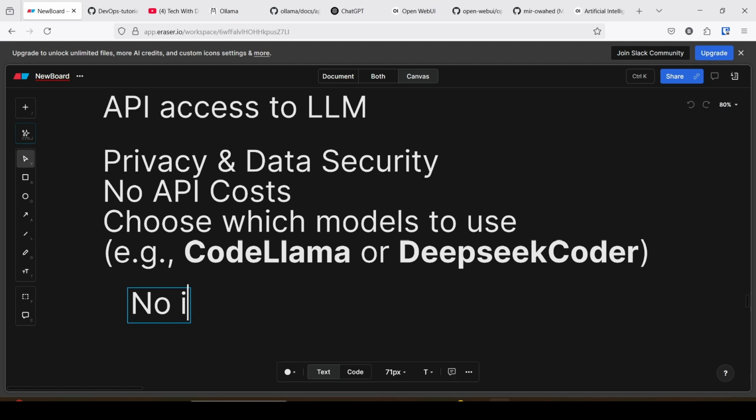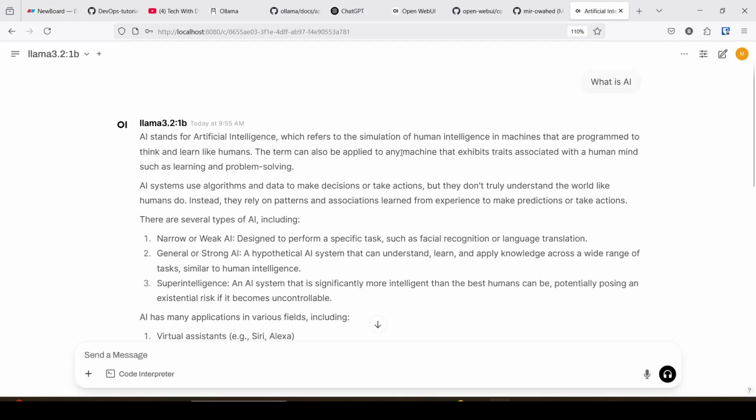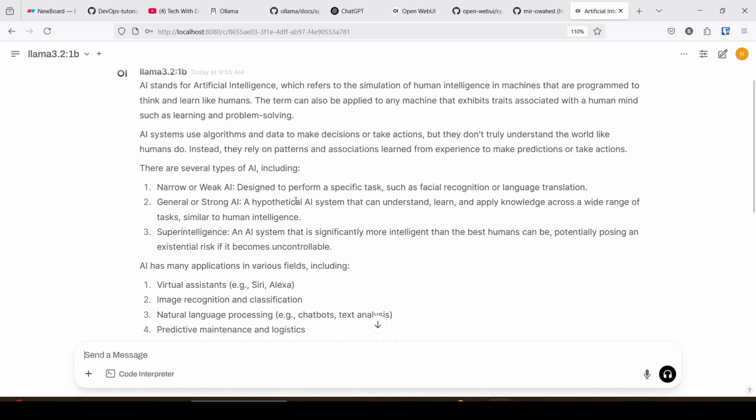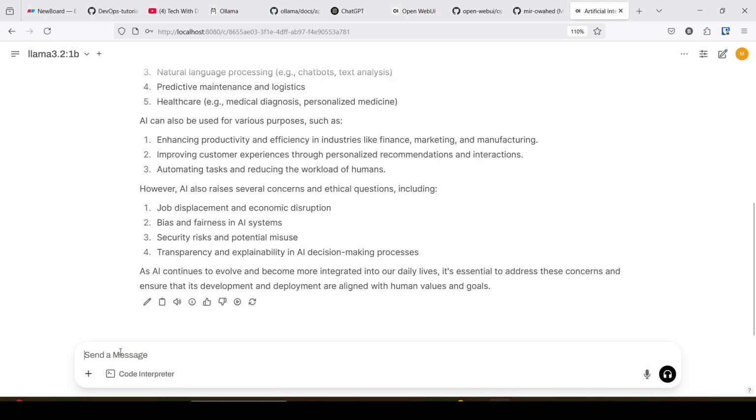No internet required. You can run the LLM and ask any questions on your local machine. There is no need for internet. For example, you can use the